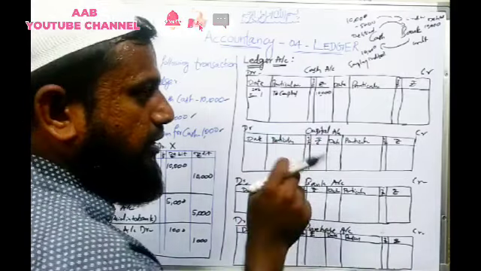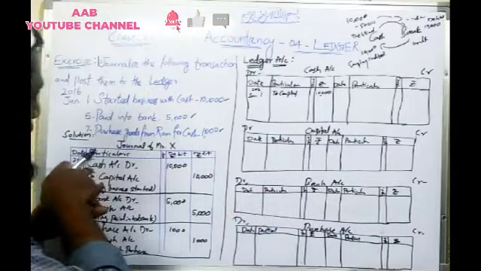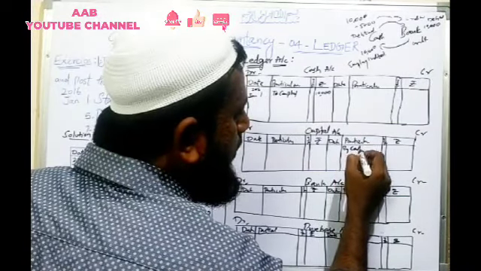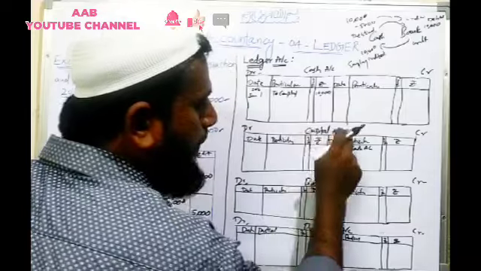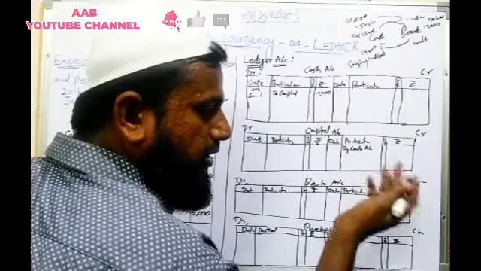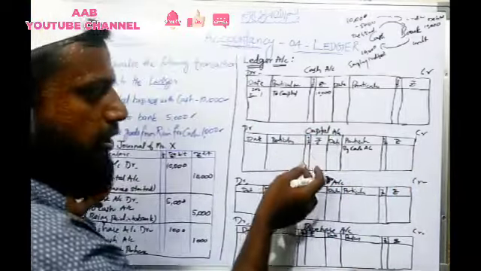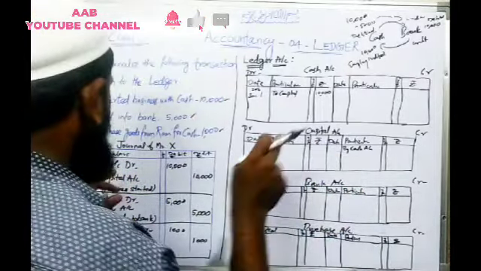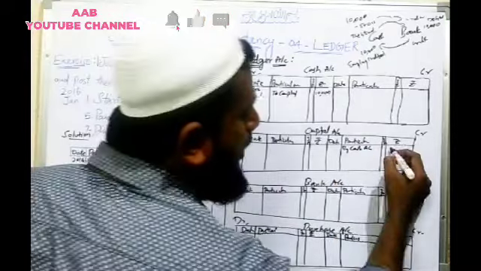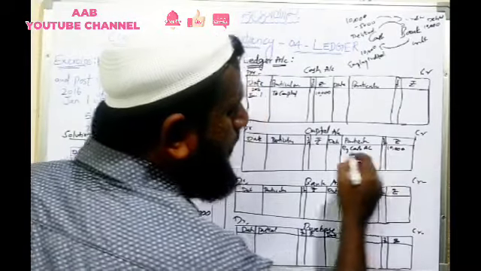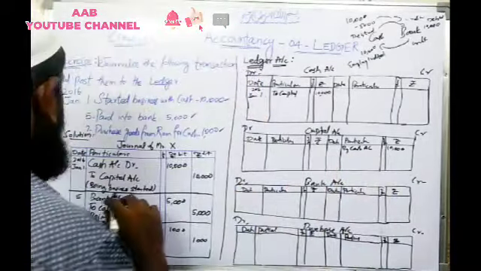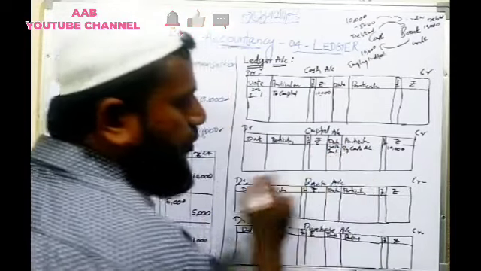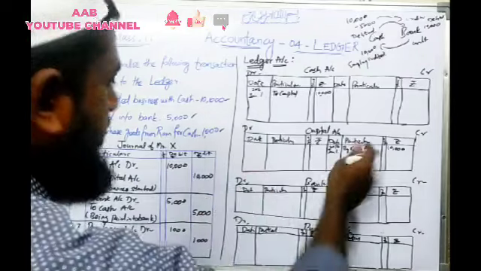So which is invested, cash or goods? Cash is invested. Okay, in the by column, by cash account, in the capital account, what comes in, cash or goods? So cash comes in. Okay, so cash will be invested. So 10,000 rupees in the by column, by 10,000 rupees capital. Okay, so 2016, January 1. One transaction is over.